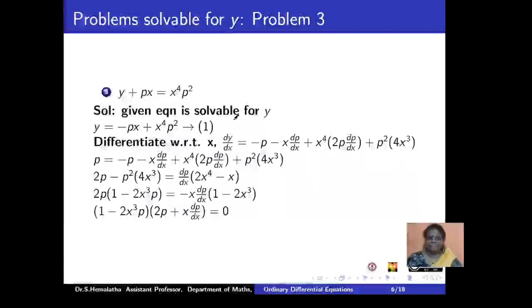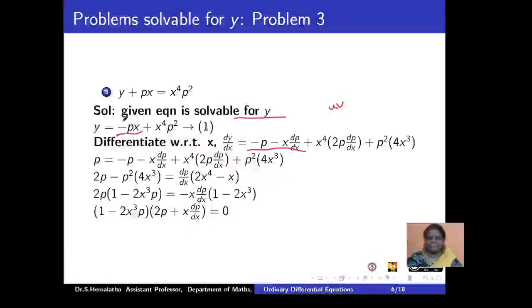So we go ahead with solving for a y case. Again, do the differential work. When you do the differential work, it is dy by dx, it is written here. But when you do minus px differential, you need to apply your d of uv rule, because it's a product of p and x, p dependent on x. You go for the u dv plus v du rule, that is what is done here.